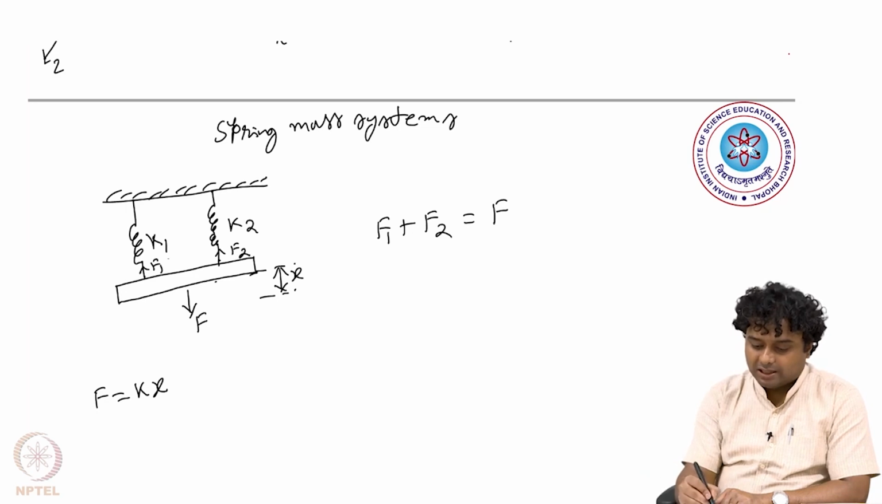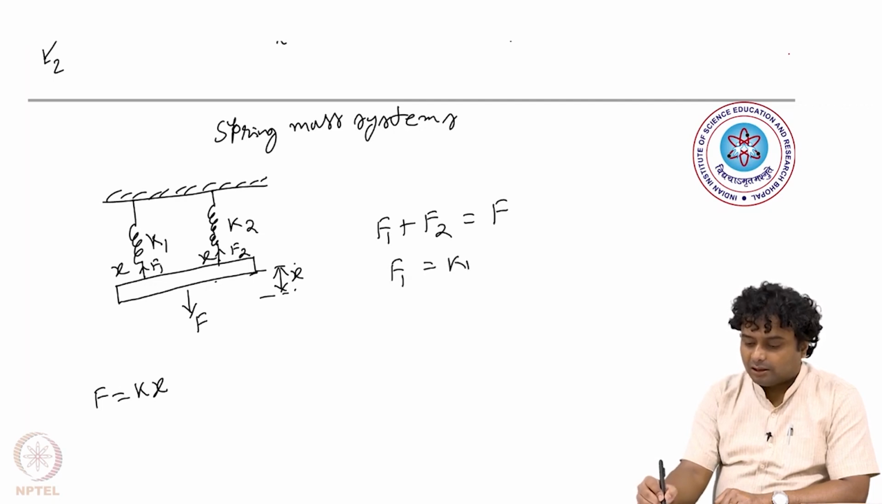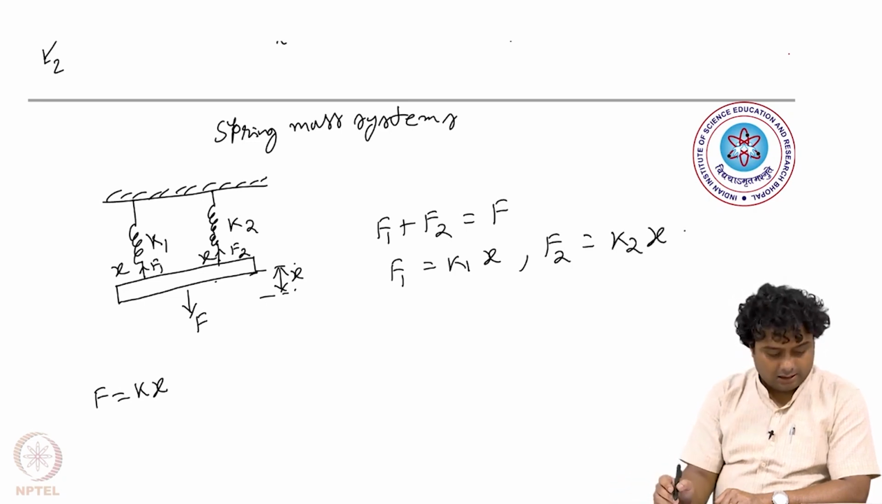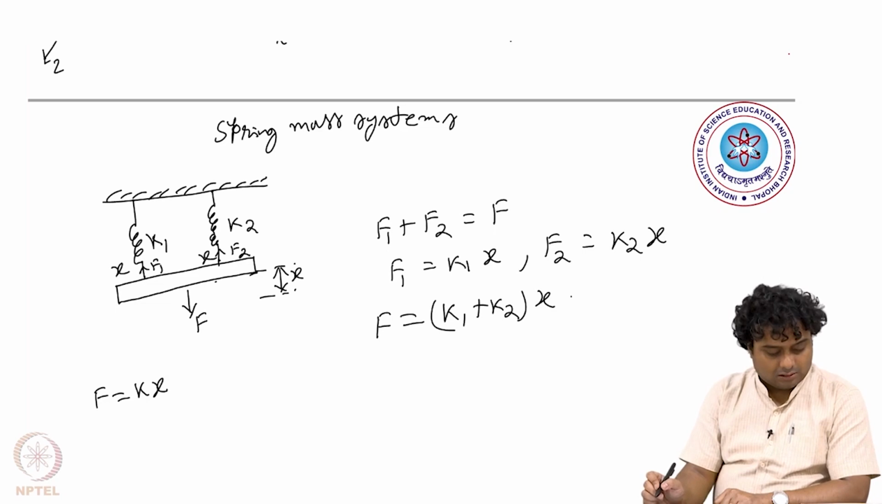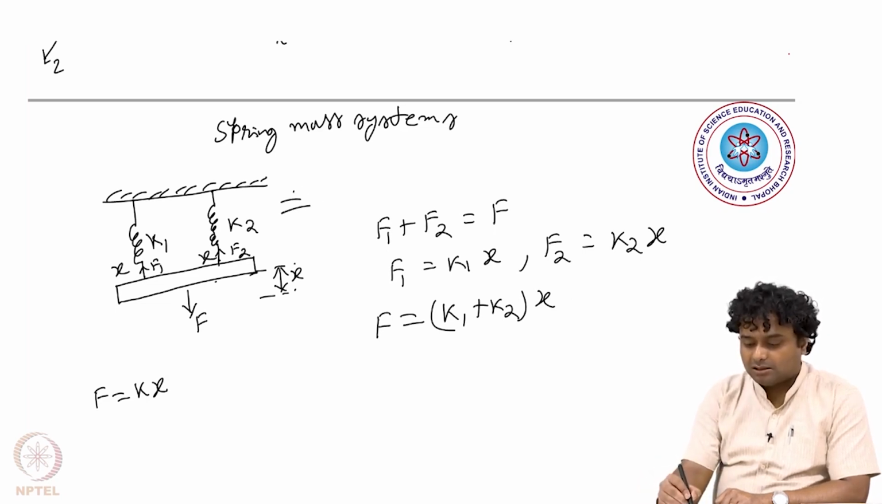Again, for both the cases deflection is x only. Now, F1 is equal to K1x and F2 is equal to K2x, right. Now, the total force is equal to K1 plus K2 into x. Okay. Now, if we consider this system as a single spring mass system, then